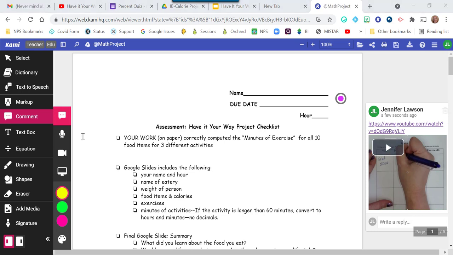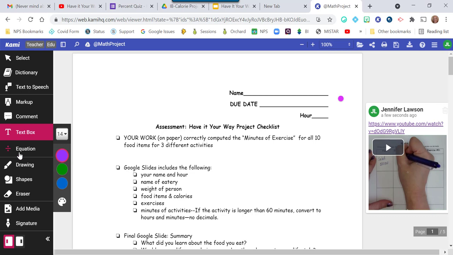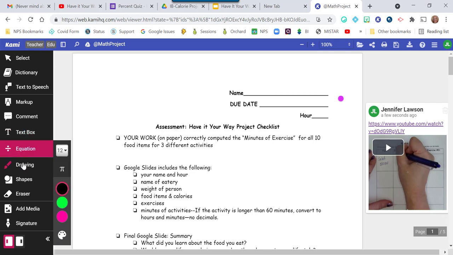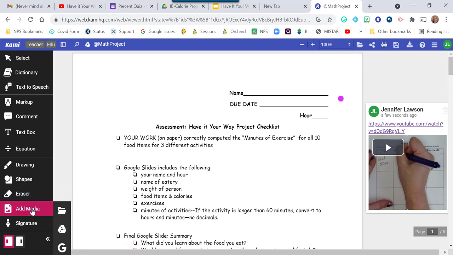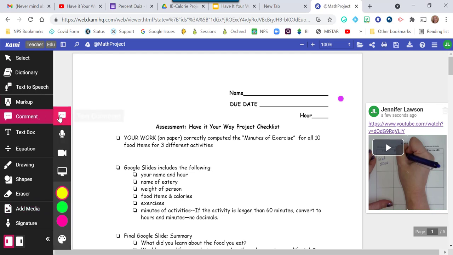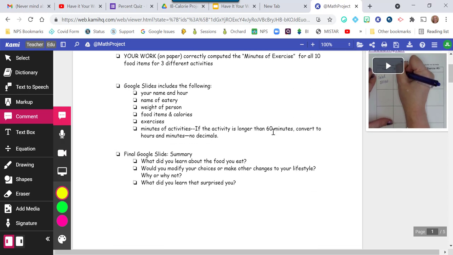Within this document, I can now add text boxes, equation editor, draw. I can add some shapes. I can use an eraser, or I can add other media. Now, I will be honest, when I tried to link my video using YouTube to search for it, it was very difficult to find. So for me, it was much easier to use the comment and the text comment button. But I would like to show you these other features here. So I'm going to scroll down